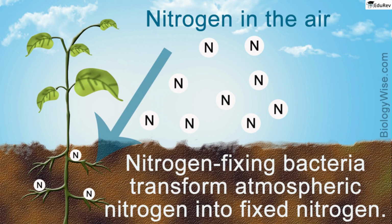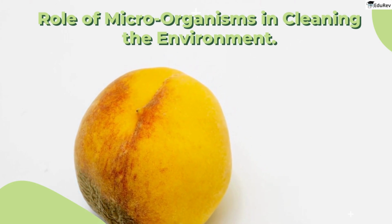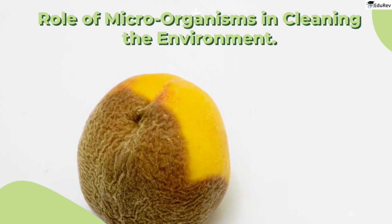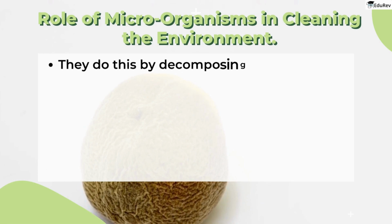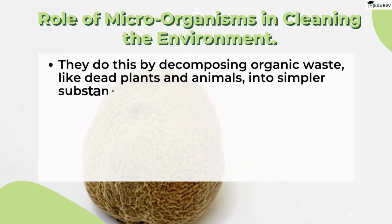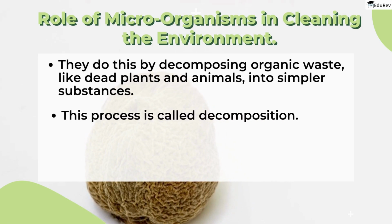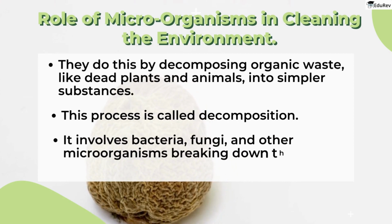Lastly, microorganisms help in cleaning the environment. Let us learn how. Microorganisms are tiny living creatures that help in cleaning the environment. They do this by decomposing organic waste, like dead plants and animals, into simpler substances. This process is called decomposition, and it involves bacteria, fungi, and other microorganisms breaking down the waste and turning it